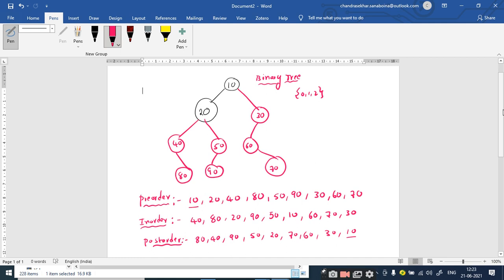Then you go to the in-order traversal and locate the position of the root node. By this you can understand that all the elements towards the left-hand side of this 10 constitute the left subtree, and the elements towards its right-hand side constitute the right subtree.